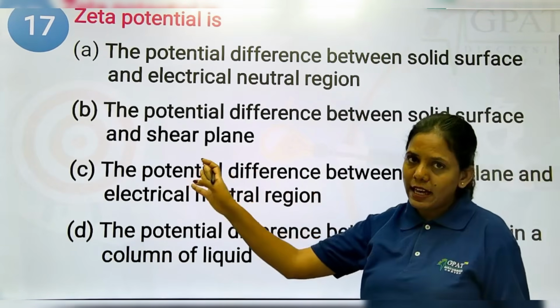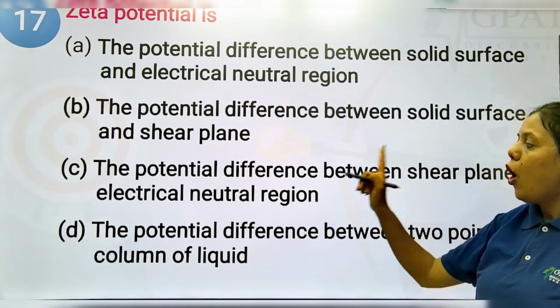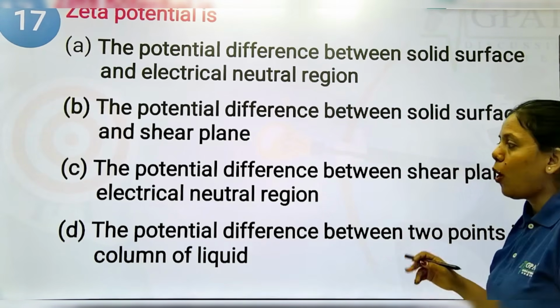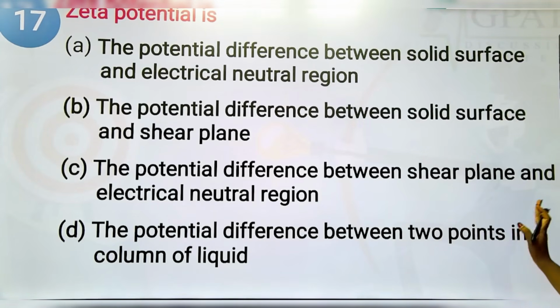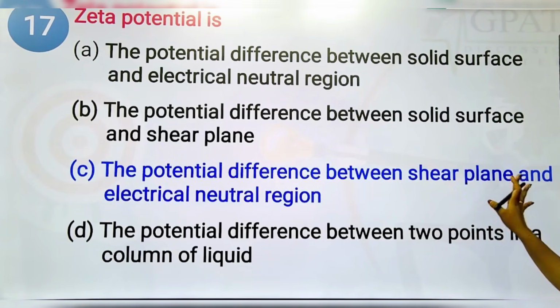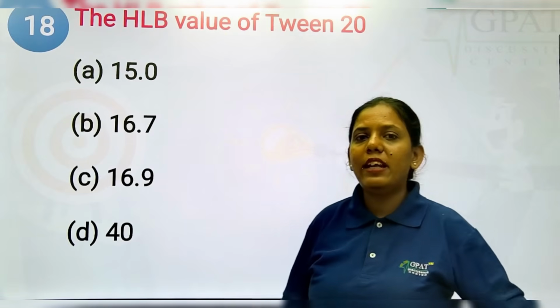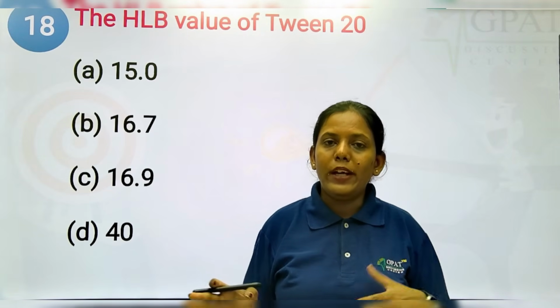Shear plane is the right answer, but not between the solid surface. Option B is not there. Option C is shear plane and electrically neutral region, yes. So option C is the right answer. D is potential difference between 2 points in the column of a liquid. Option C is the right answer. So zeta potential should be either negative, that is, it should not be within the plus minus 20 to 30